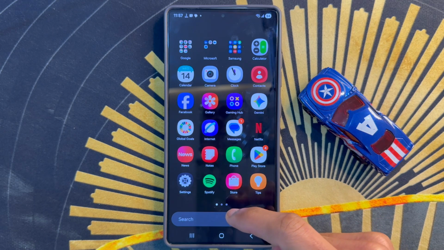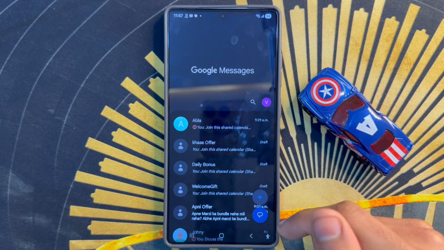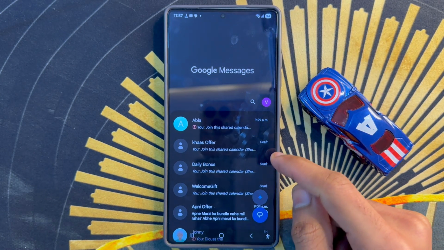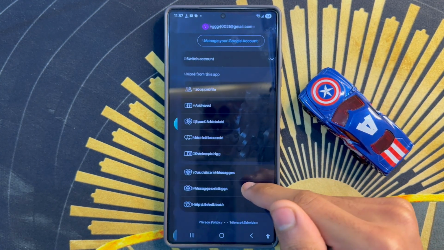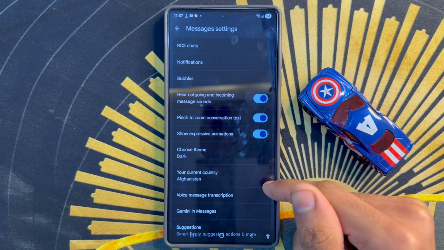Here click on Messages app. After clicking on Messages app, click on this profile icon. Scroll down and click on Message Settings. After clicking on Message Settings,